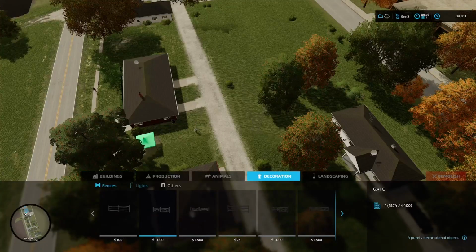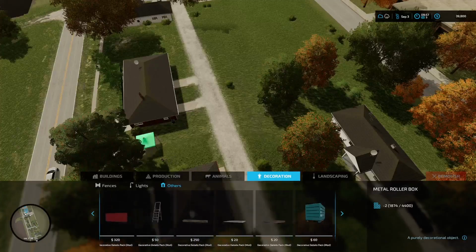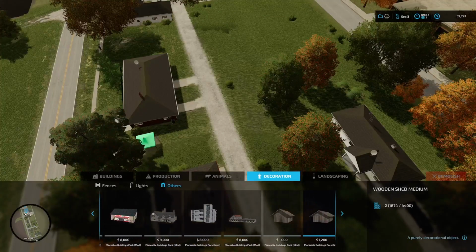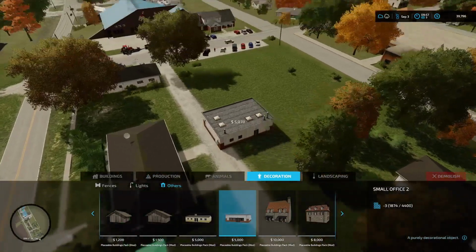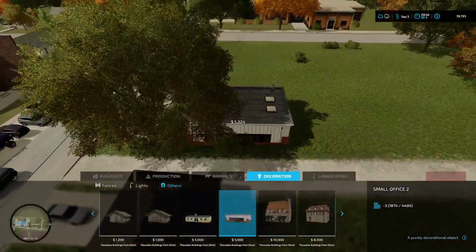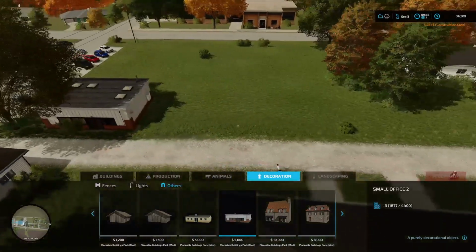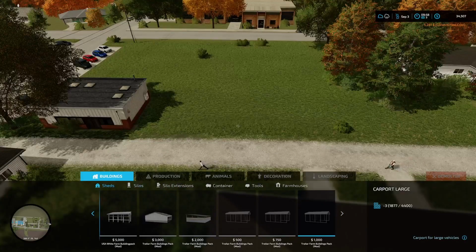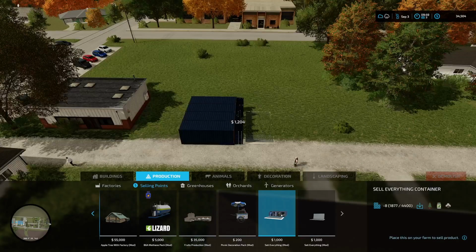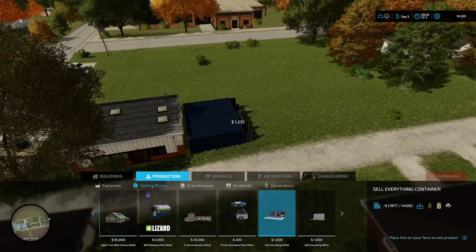So we need to do a couple of things. The first thing is I'm going to put in a building. And the building is just part of Alien Jim's buildings and decorative packs. So we're literally just going to go for this bog standard office thing. And I've had a play about with this, so it does kind of work. So if I put that there. And then the other thing we need to do is get a sell point. So we're going to go for this sell everything mod, which works really, really well. And I think we're going to go for this, like this. It's a little bit uneven, but